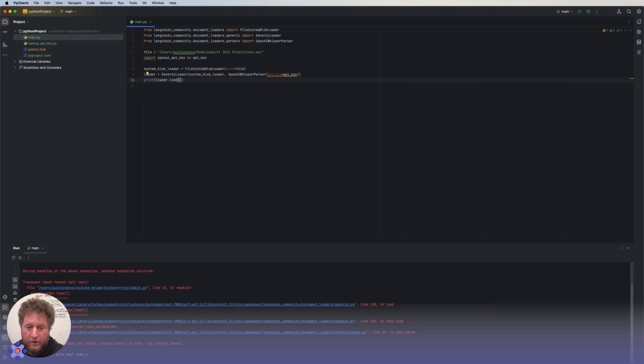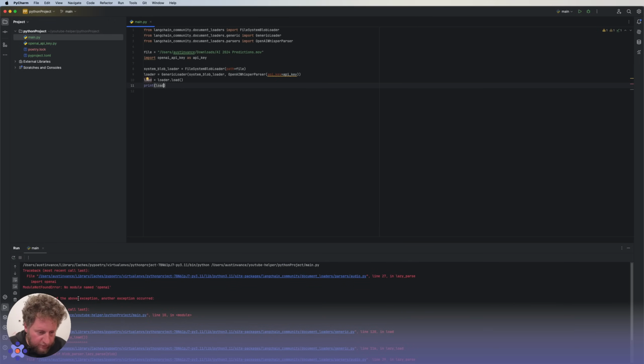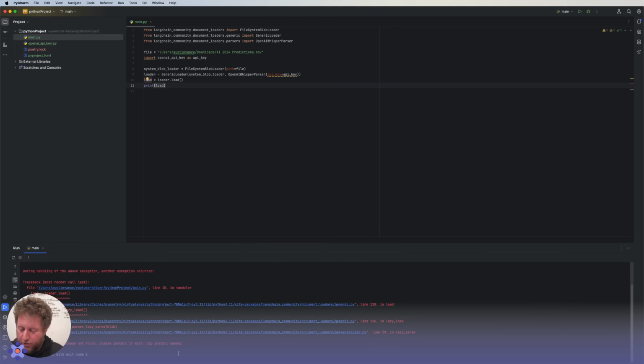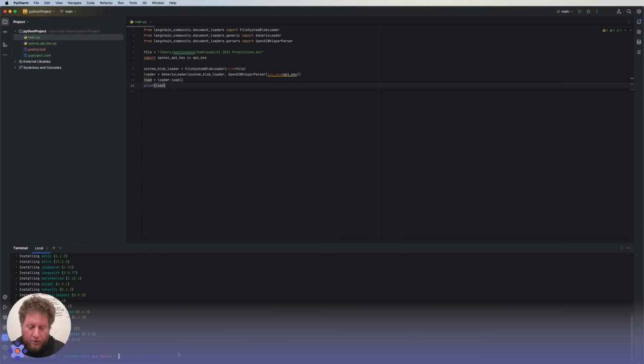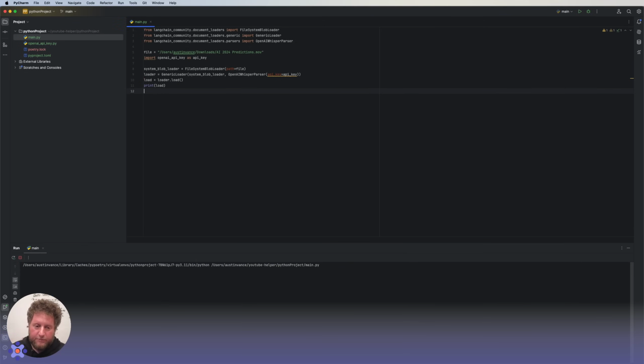Let's try to run, and we didn't get anything good. So let's pull this out and see why that didn't work. Let's look here. No module named openai. Of course LangChain doesn't come with OpenAI, so let's install it. We just need to use poetry add openai, and that should give us the transitive dependencies that LangChain needs. And if I run this again,